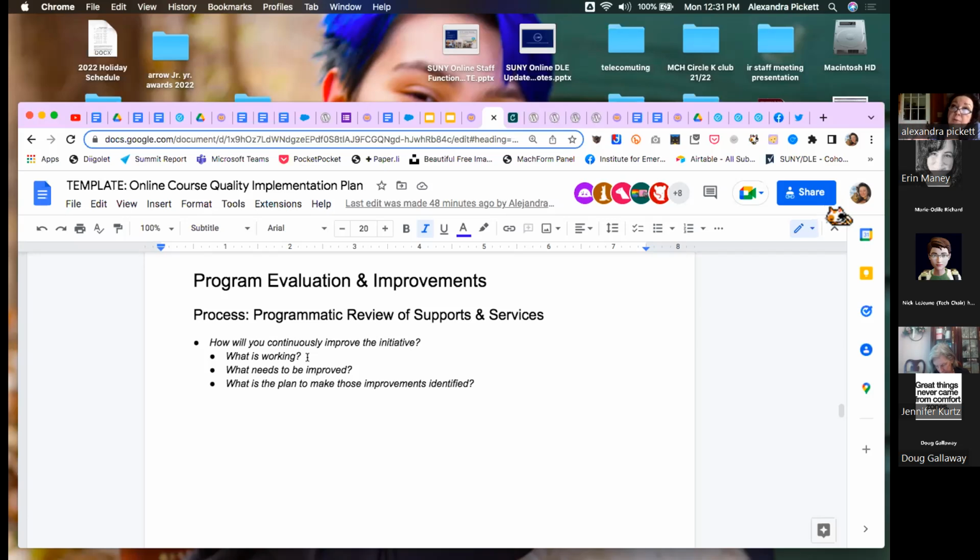So what's working well in your plan? What could be improved? How will you make those improvements? What's the process by which you change things? If something changes and you need to change the plan, what's the mechanism by which you will, cyclically,